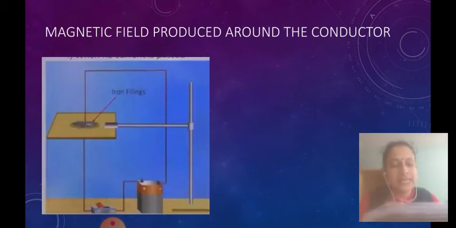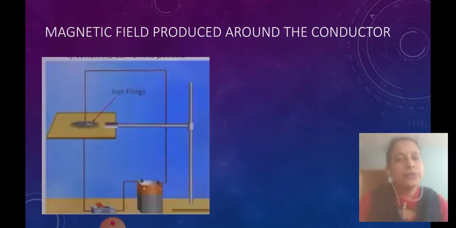So what he did is that after making this arrangement, this setup, as shown here in this diagram, he connected all these things, and finally just wanted to know whether the magnetic field is generated or not. For that he used what here? Iron filings. You know, iron is a magnetic material. So to find out the magnetic field, he used the iron filings. And when he just pressed the key,